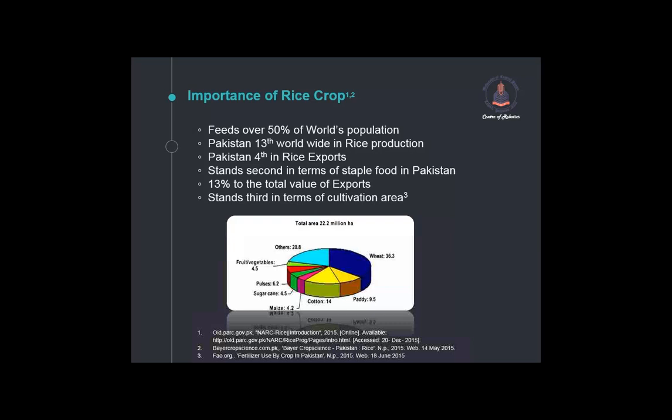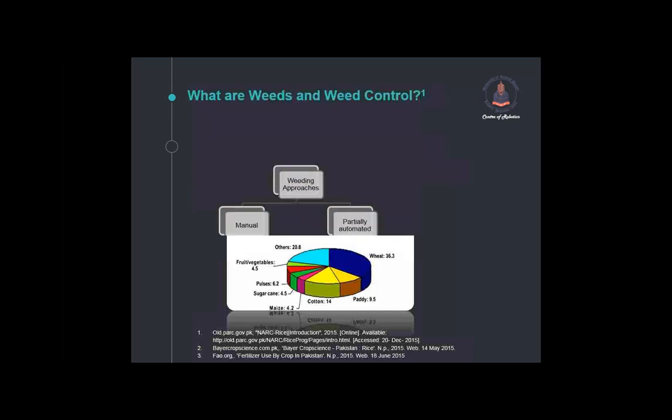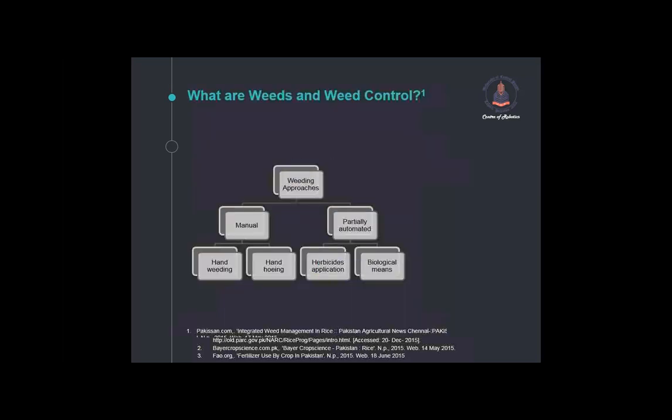So the problem that we have now is weed detection and weed control in these food crops and the cotton crop as well in the developing countries. The problem is that we are using manual methods of weeding, which means the farmers hire other people to help them and they go manually into the fields. They look out for weeds. In some cases, they pluck those weeds out of the ground to remove them.